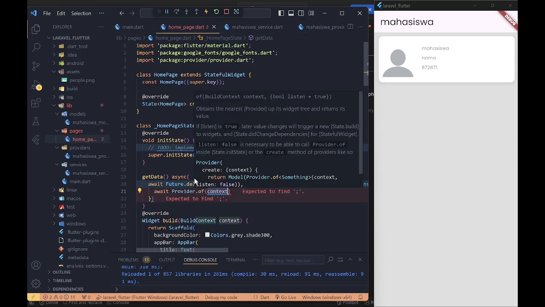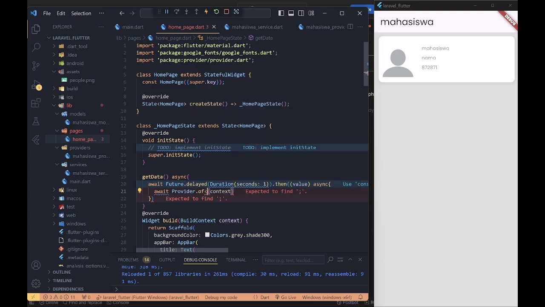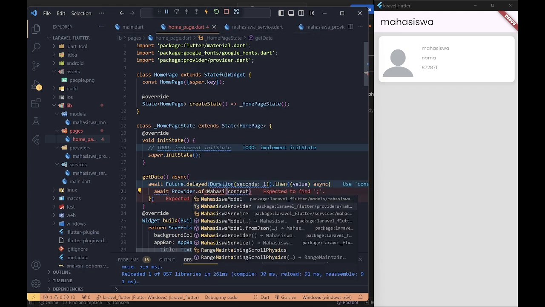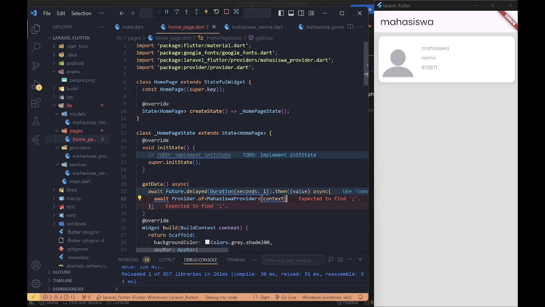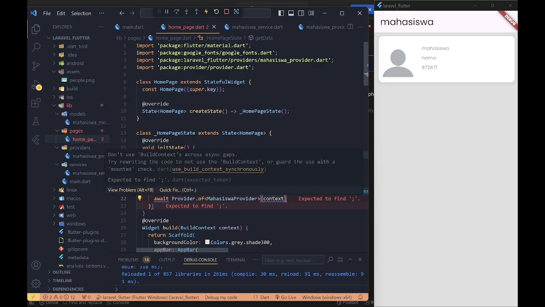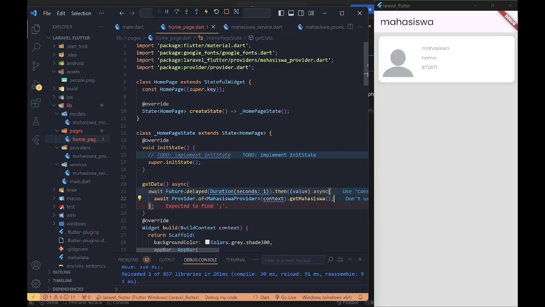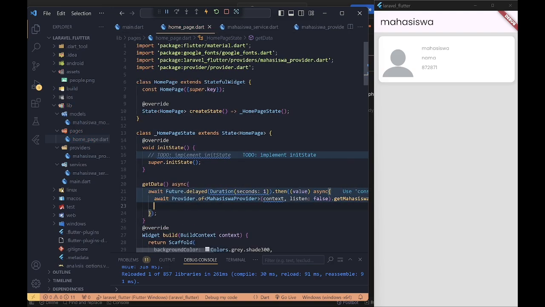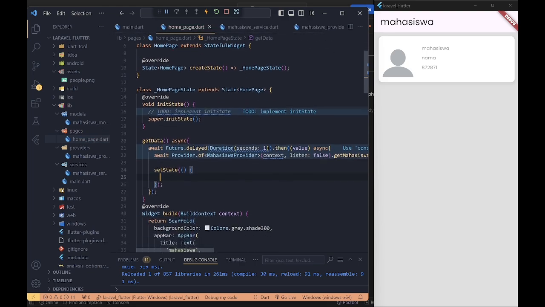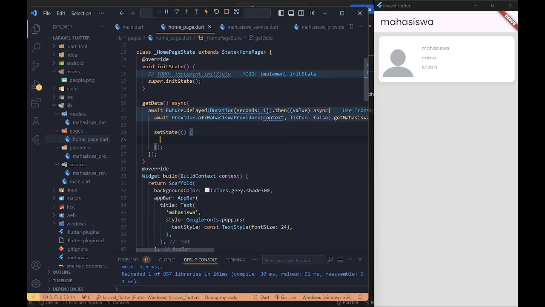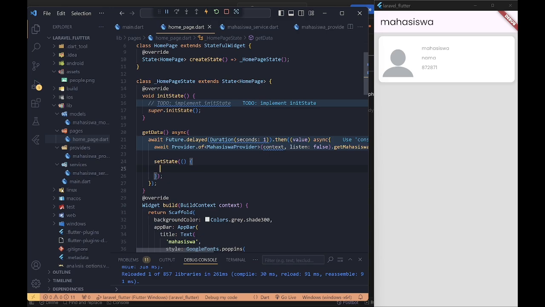Await Provider, MahasiswaProvider, getMahasiswa.